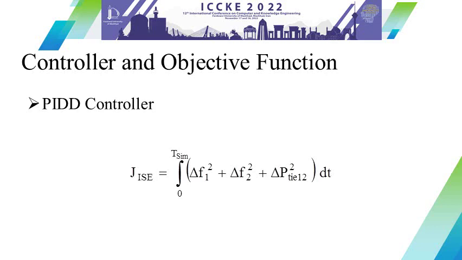So the gains of this PIDD controller have been obtained optimally using the water cycle algorithm, subjected to the minimization of the integral square error objective function. This is the integral square error function which has been framed in this work, which comprises delta f1, frequency deviations in area 1, delta f2, frequency deviations in area 2, and delta P tie 1-2, tie-line power flow deviations. Okay, so we have four time domain based objective functions,